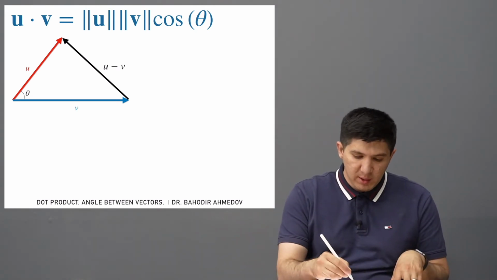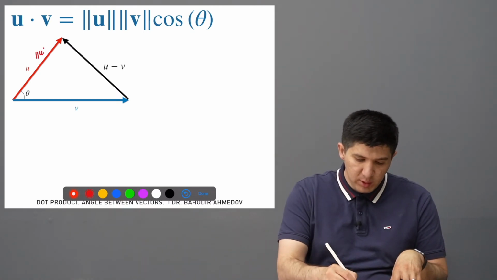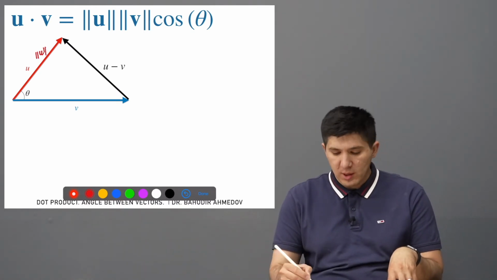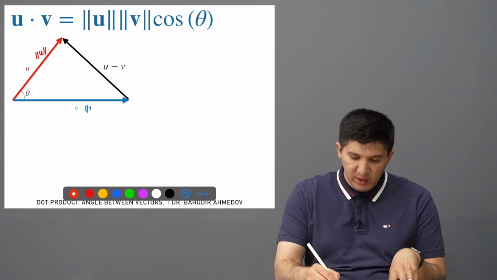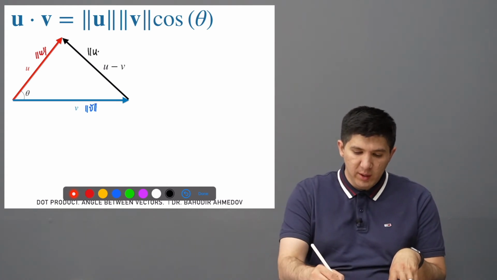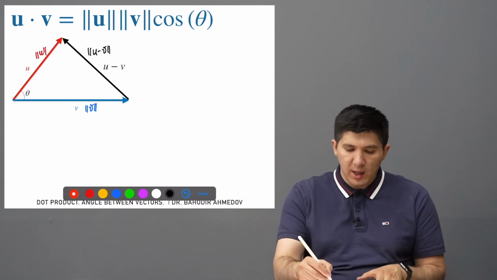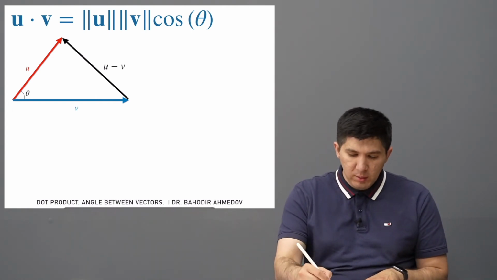Let's assume that the length of this red side is equal to the norm of u, the length of the blue side is the norm of v, and the length of the black side is the norm of u minus v. And the cosines theorem is going to tell you that